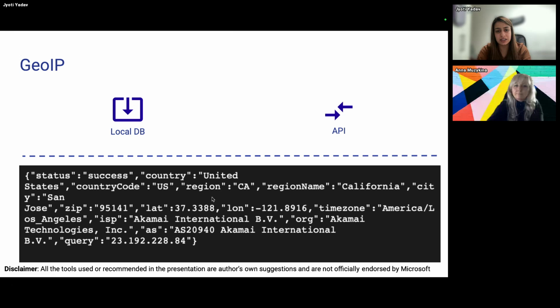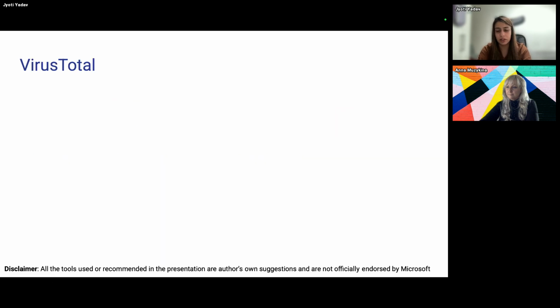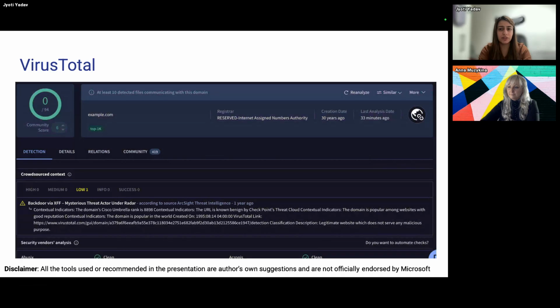So this kind of information might be useful in certain scenarios if you want to filter out certain locations or geographies as well. The next data source is VirusTotal. This is another snapshot of what a particular thing looks like. It gives a community score out of 94. It has registrar information as well, the creation date, and the last analysis date from VirusTotal